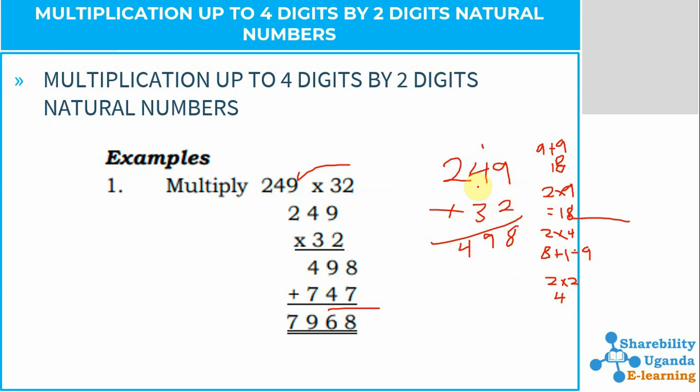So we shall say 3 times 9. What is 3 times 9? When you say 3 times 9, it is the same as 9